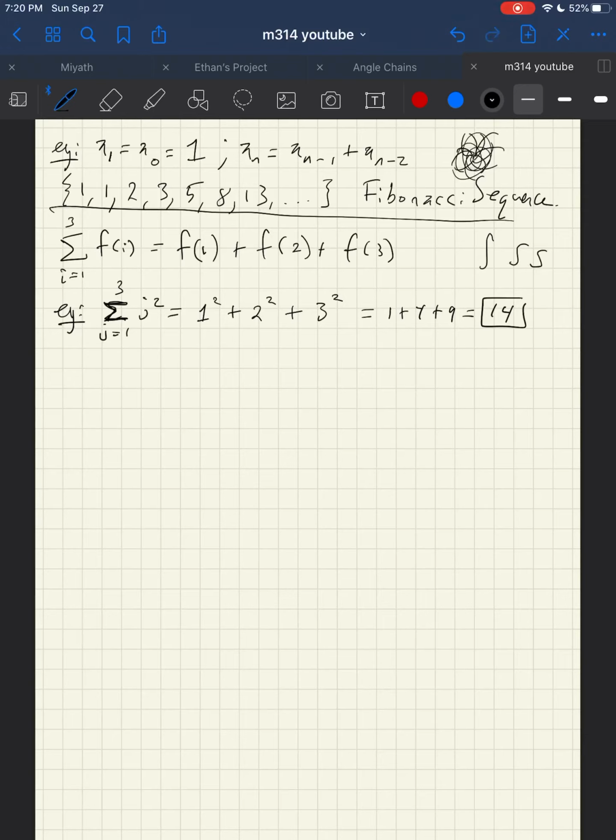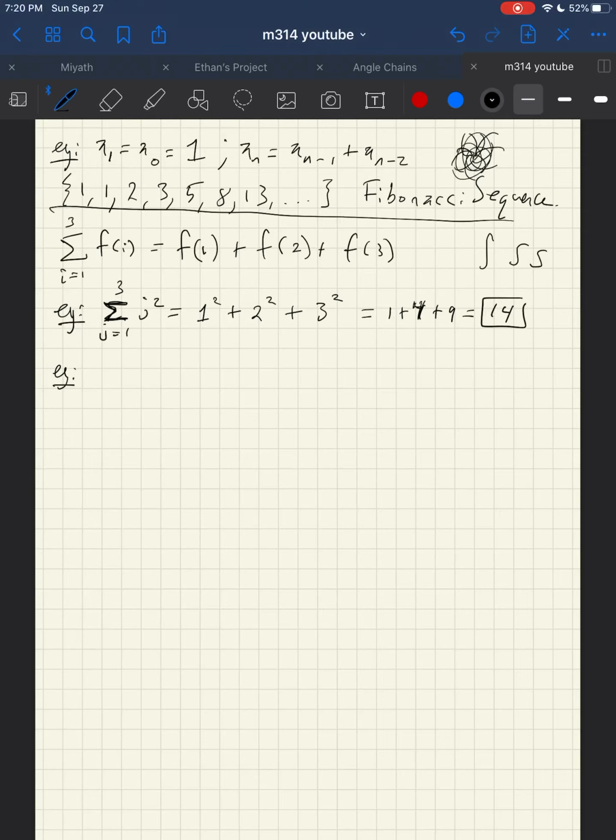So this is a different kind of sum. This is a discrete sum. In discrete math, we're going to do a discrete sum as opposed to a quote-unquote continuous sum, like the integral that maybe you've seen before. And if you don't know what an integral is, don't worry about it. Now, we can also do sums of sums, and this is kind of the main thing that I want to